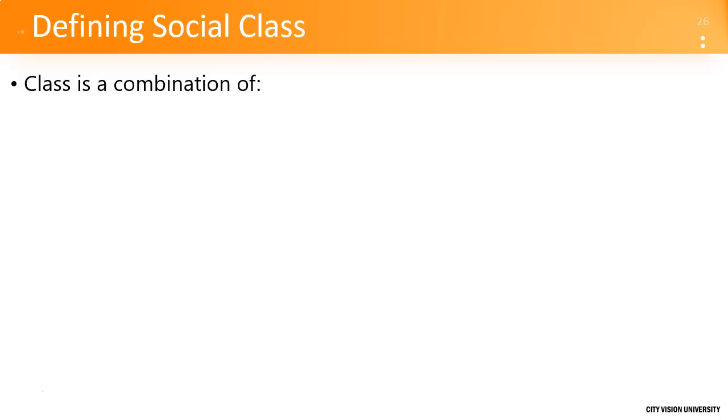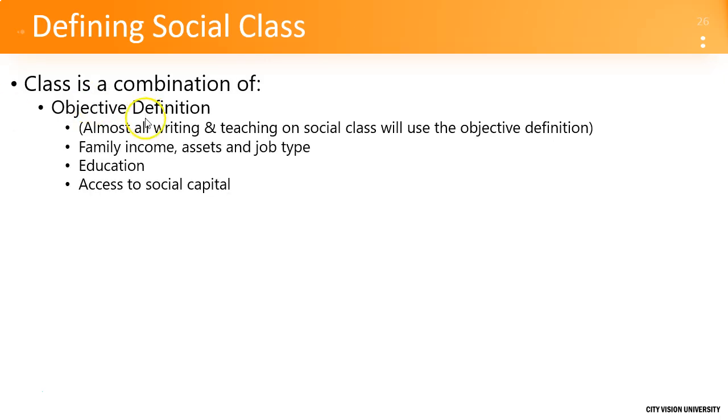Now, class is a combination of what I call the objective definition, and one important point to make is almost all writing and teaching on social class will use this objective definition, and that's really basically saying class is based on what you can measure. So that's going to be family income, assets, and job type, education, and then sometimes you might get access to